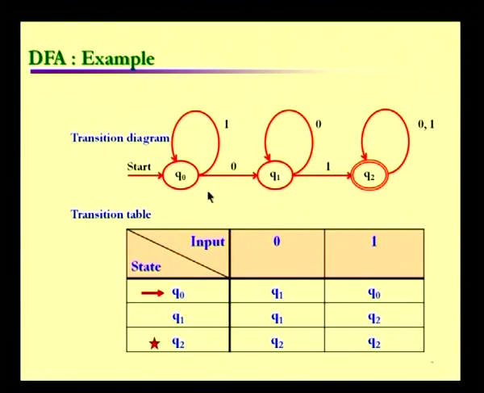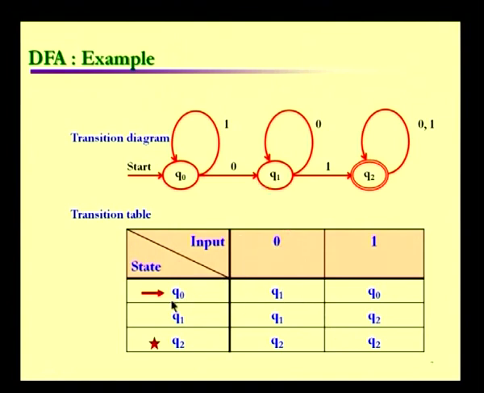So, the start state and the final states are referred to by a small incoming arrow, as you can see here. Along with q0 there is a small incoming arrow, which says that q0 is the start state, and we can find a small asterisk, a star kind of operator, along with q2, which says that q2 is the final state. Then the rest of the things are taken directly from the transition diagram, where we can find q0